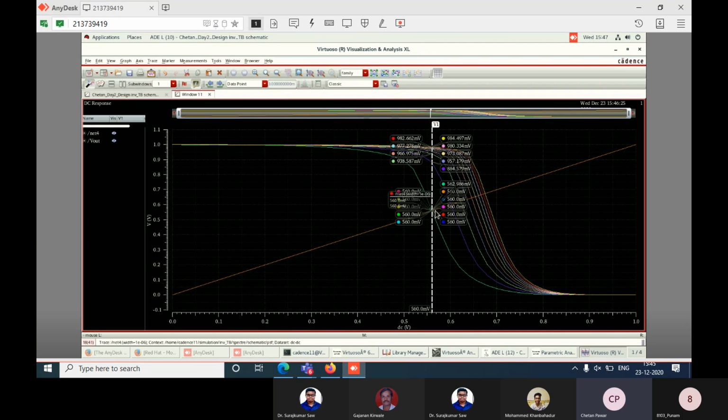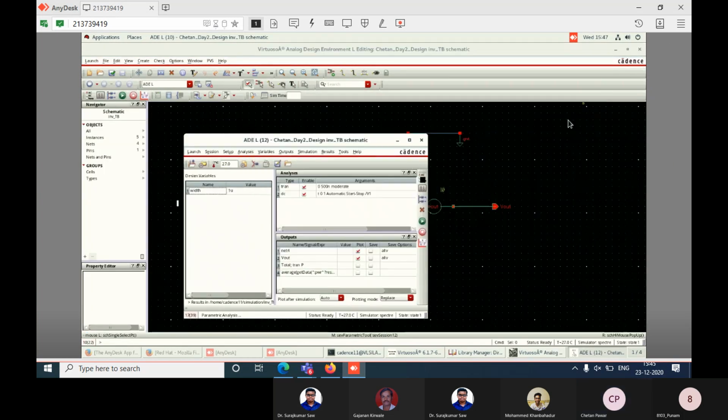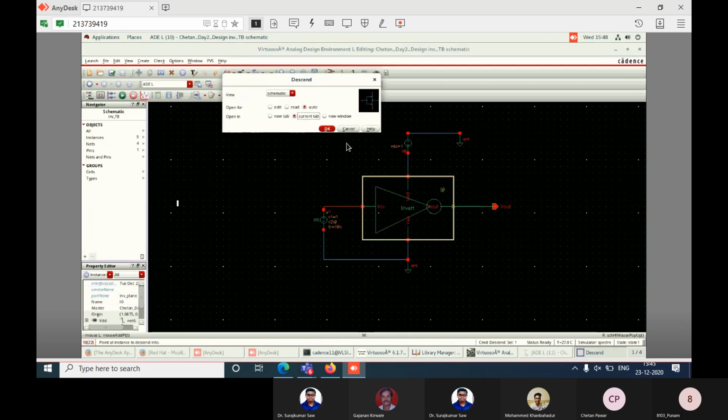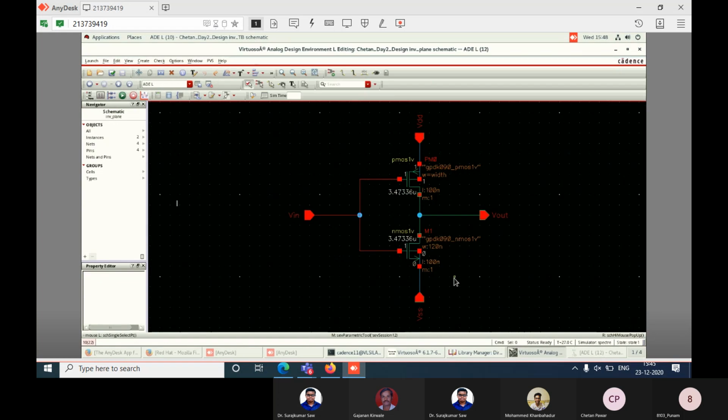Okay, somewhere close to 560. What is the ideal value? Ideal value is 0.5 volt. So for this curve we are getting 560. If you check the NMOS width, NMOS width is 120 nanometer, I think, right?